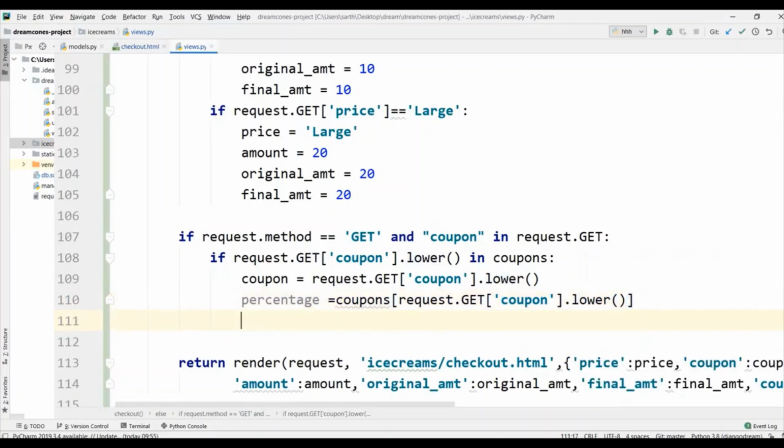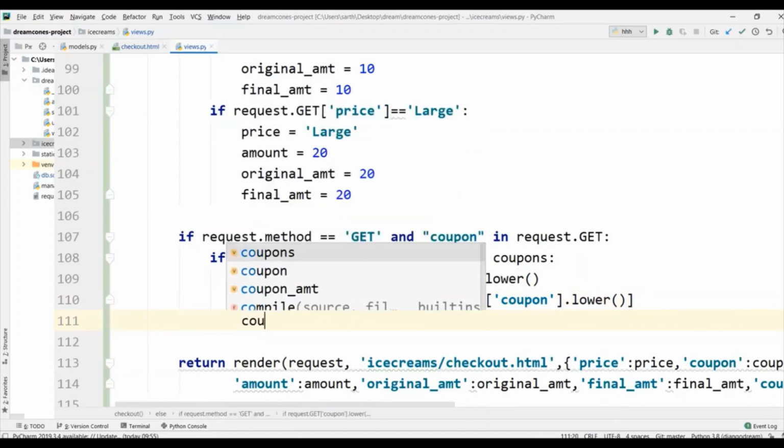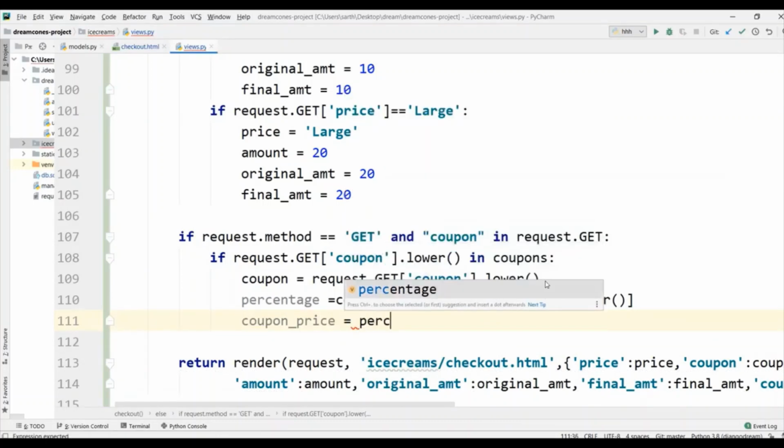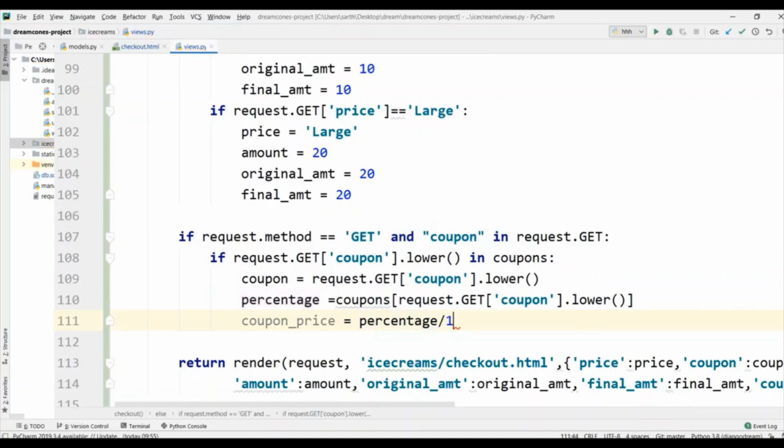Then we will be calculating coupon price. Coupon underscore price will be equal to whatever percentage we have divided by 100. Let's put bracket over here into amount,